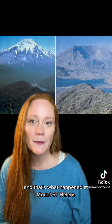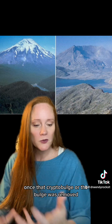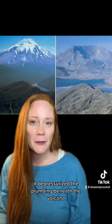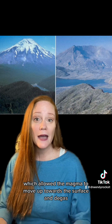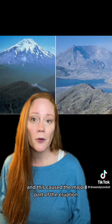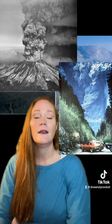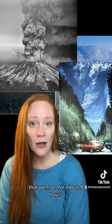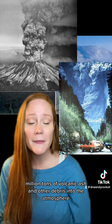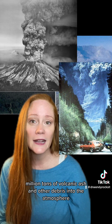And that's what happened at Mount St. Helens. Once that cryptobulge, or the bulge, was removed, it depressurized the plumbing beneath the volcano, which allowed the magma to move up towards the surface and degas. And this caused the major part of the eruption. That went on for about 9 hours, and it released more than 520 million tons of volcanic ash and other